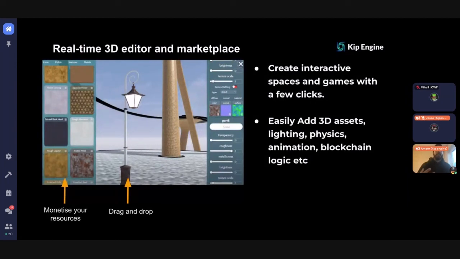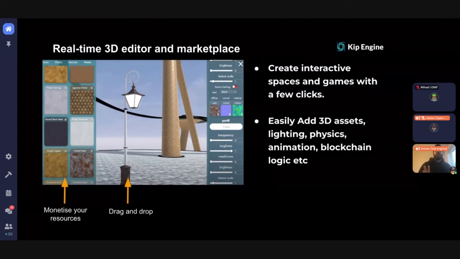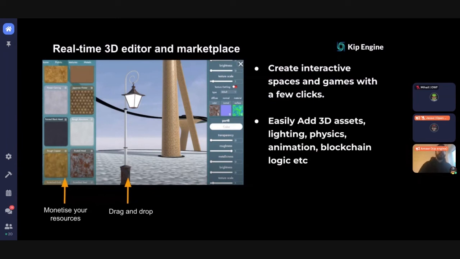And let's say you're an artist and you want to create some sort of material. You'll be able to come up and build that material and then either use it within your own space, or you could sell it as an asset that other people can then use. So obviously that kind of comes back to the whole creator economy idea. And of course you can add and customize those objects. So you can see there's that lamp that's been dragged onto the scene. You can change the materials, you can change the look of that item really easily and then mint it as an NFT straight away.